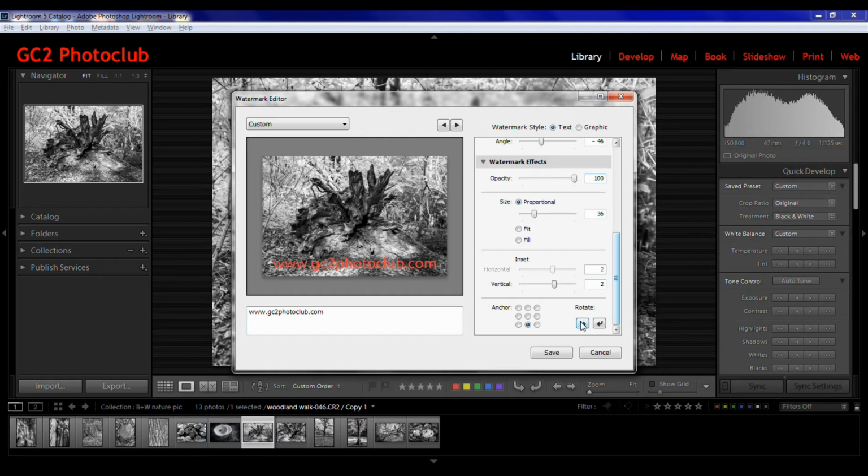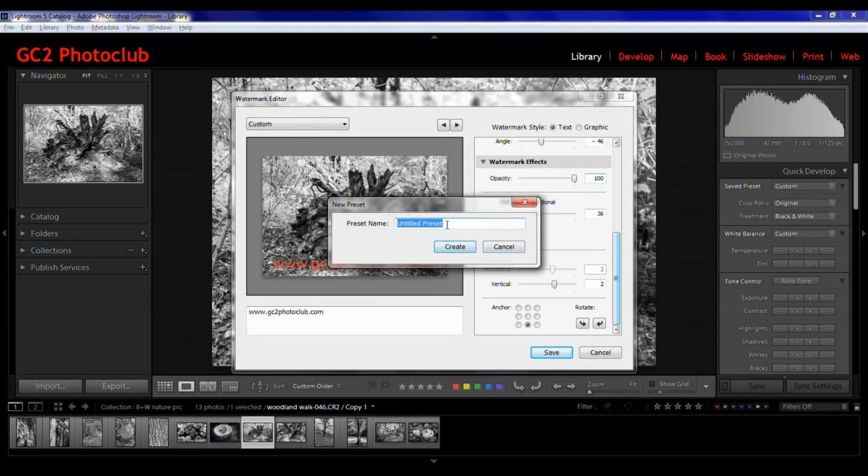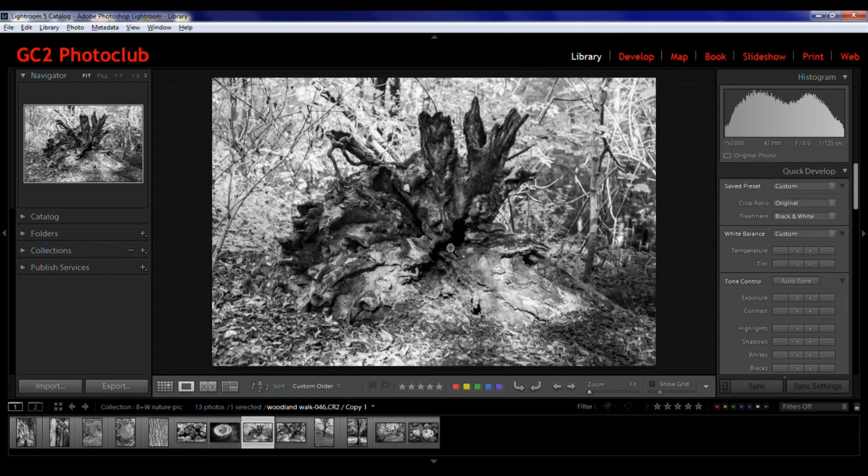When you're happy with your finished watermark, click here where it says Save to bring up the dialog box. Give your new preset a name. Then click here where it says Create, and your new watermark will now be ready to apply to any photograph on export. To bring up the export dialog box, click on Export here,